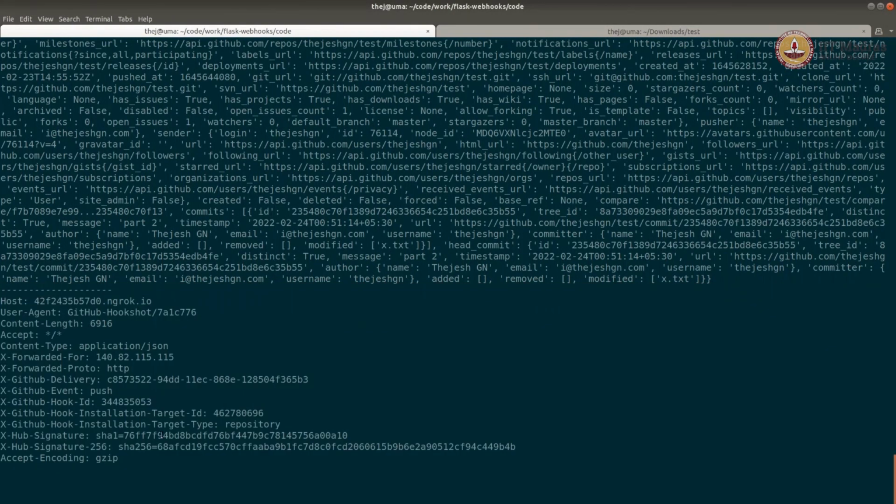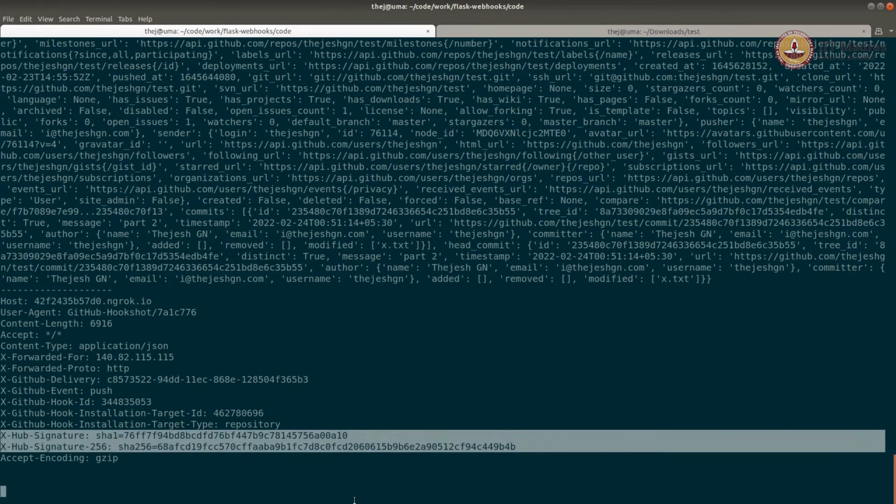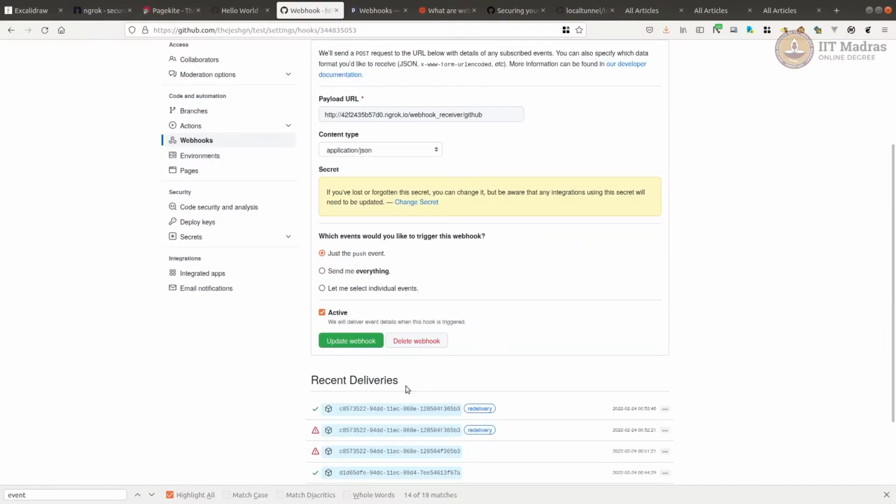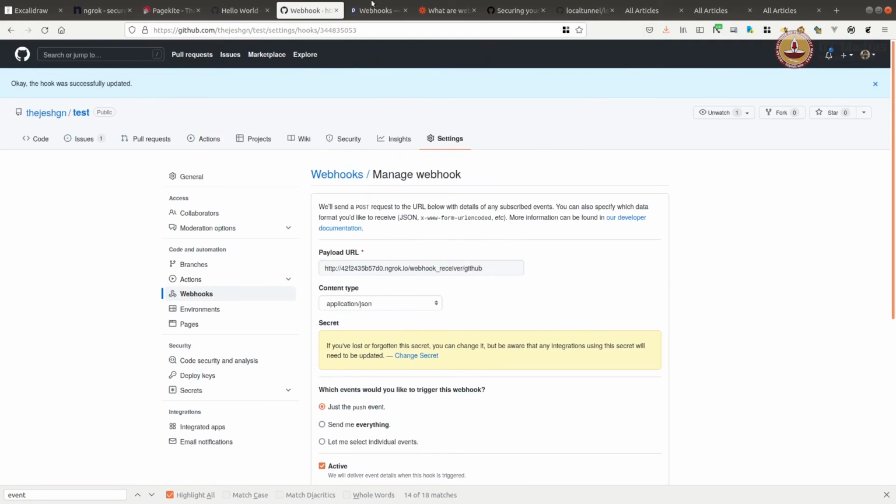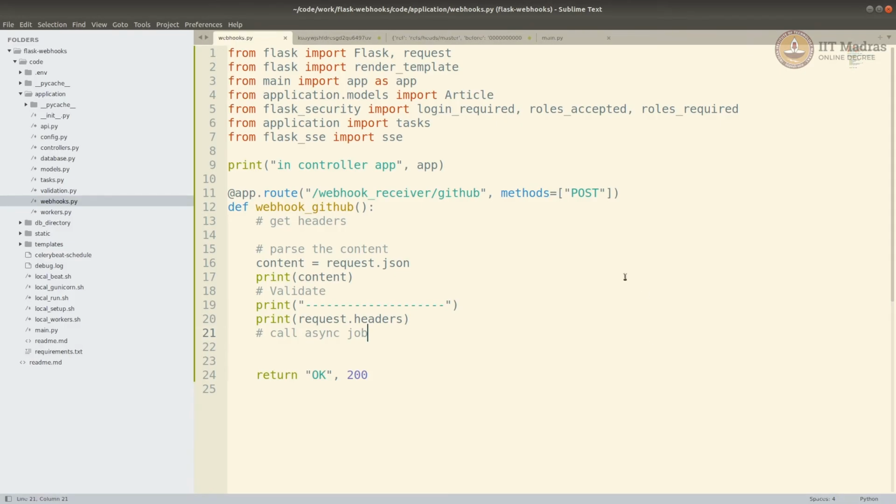Now you usually use this signature, SHA-1 or SHA-256, to validate. To validate, you have to get the JSON body and create an HMAC, to actually compare and validate. I'll leave that as an exercise. That's important to do. So I've written a thing here, validate. You have to get, from the headers, this,